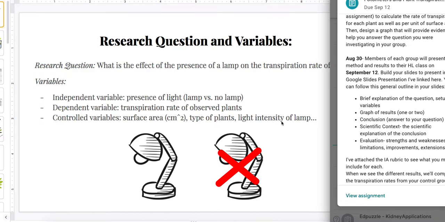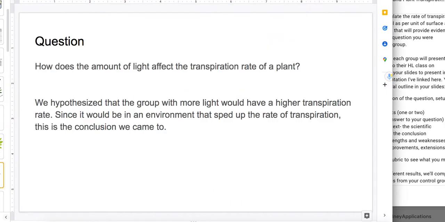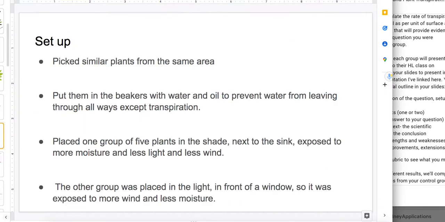Yeah, type of plant. And then actually it's interesting because this group pointed out that their light intensity might not have been controlled. All right, so let me just look through one thing that I thought was pretty good about, yeah, this group mentioned the area. So you can think about not only the area, but what were the conditions where you took your sample from, what was the same about that condition, and that ideally, there are multiple things that you would want to control